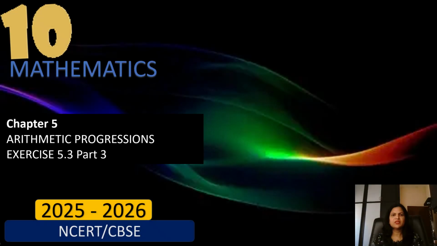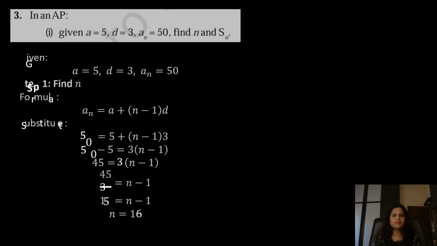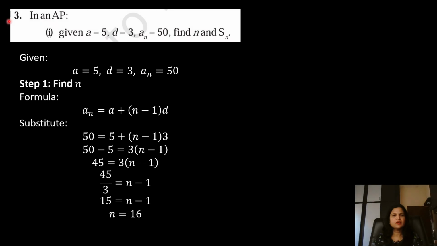10th Standard Mathematics, Chapter 5, Arithmetic Progressions, Exercise 5.3, Part 3, as per the 2025-2026 CBSE syllabus. Third sum: in an arithmetic progression, the first term is given, a equal to 5, d equal to 3,